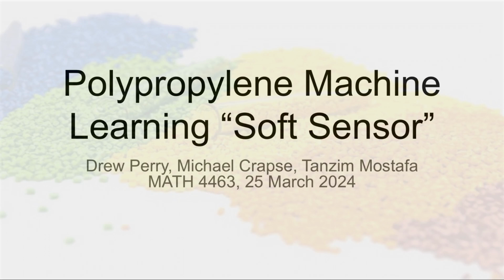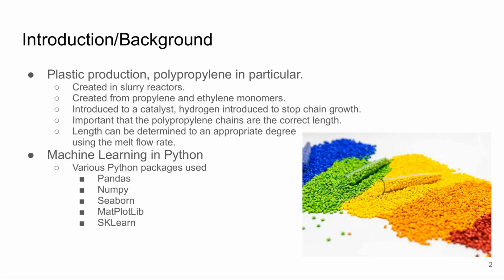I'm Drew Perry, and along with Michael Krapes and Tanzan Mustafa, we have our presentation on polypropylene machine learning, creating essentially a soft sensor. So the introduction and background, this is dealing with plastic production, specifically polypropylene as mentioned in